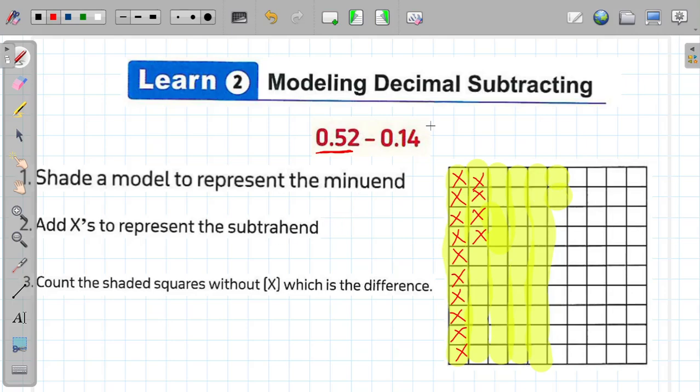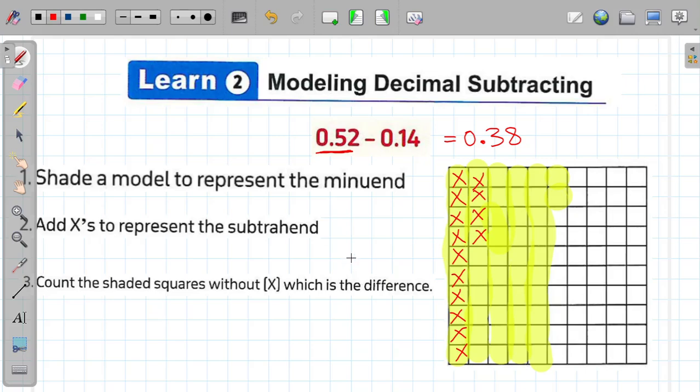So I have here 38 parts of 100. So the result will be 38 hundredths or 0.38. Okay,